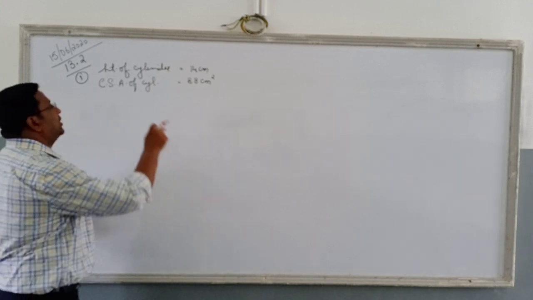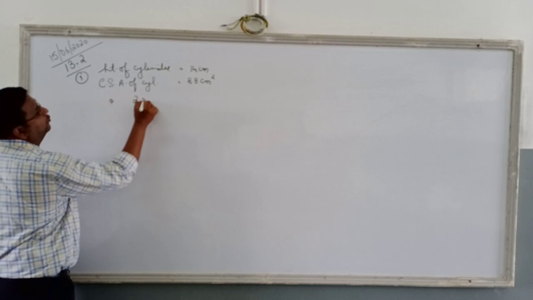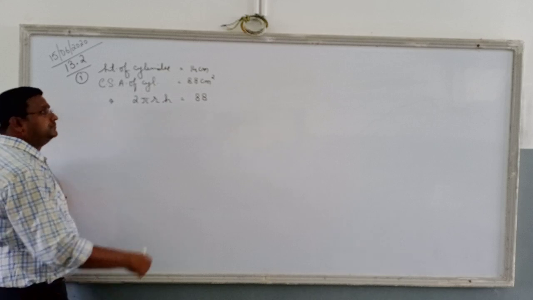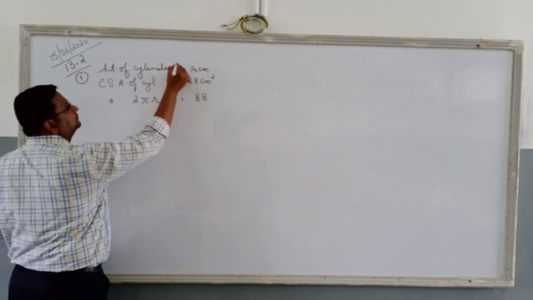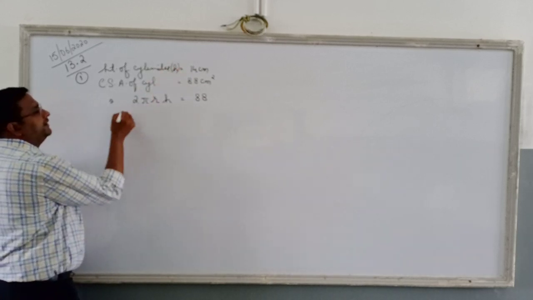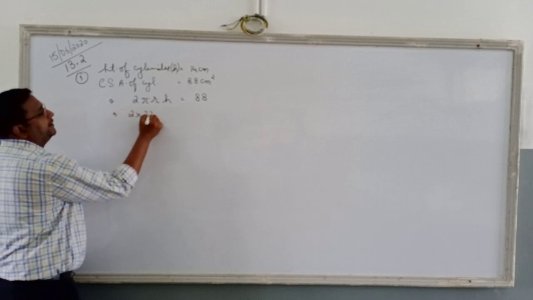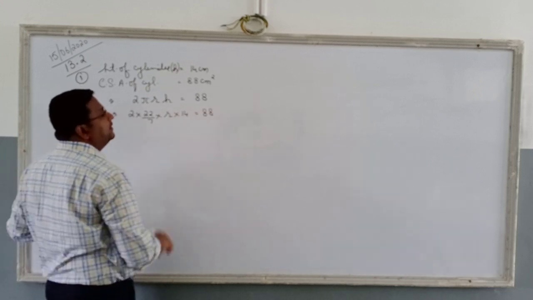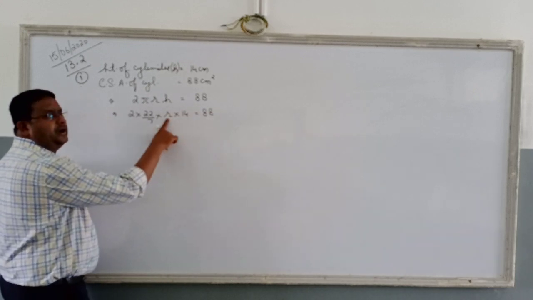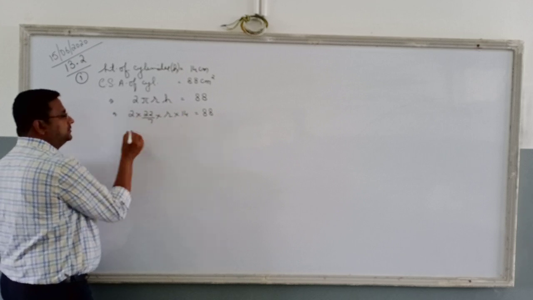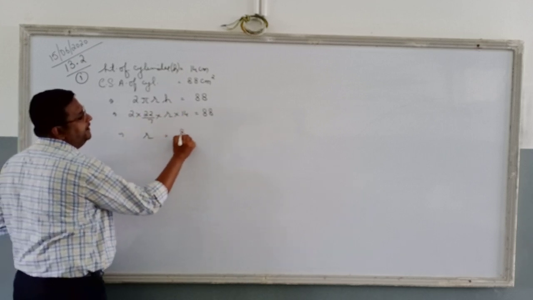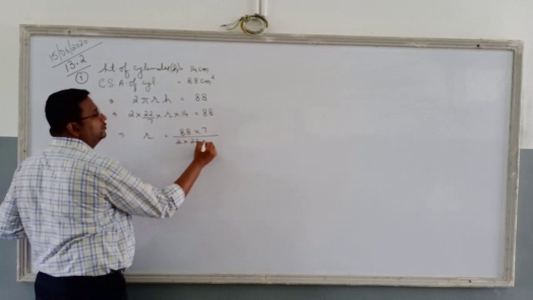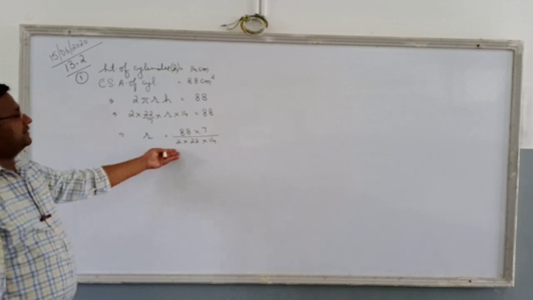So curved surface of cylinder formula all of us know, 2 pi r h is equals to 88 given to us. We have the height given to us. We need to find the radius. So 2 into pi, 22 upon 7 into r we do not know, h is 14, is equals to 88. Can we cross multiply and find r? All the terms are in multiplication. So r is equals to 88 into 7 upon 2 into 22 into 14. I hope there is no difficulty. Simple transposition.